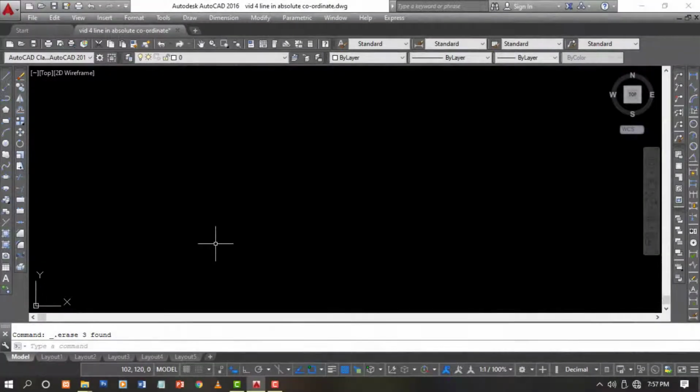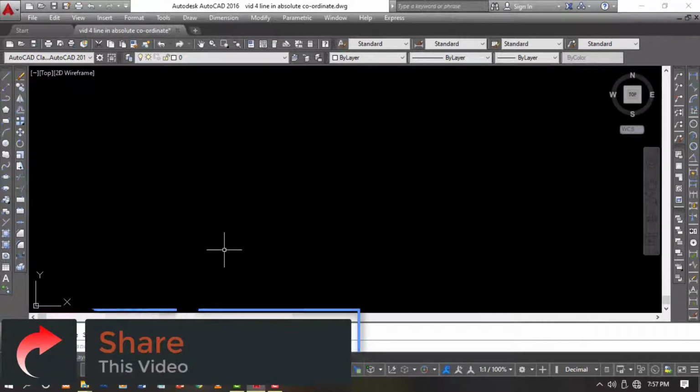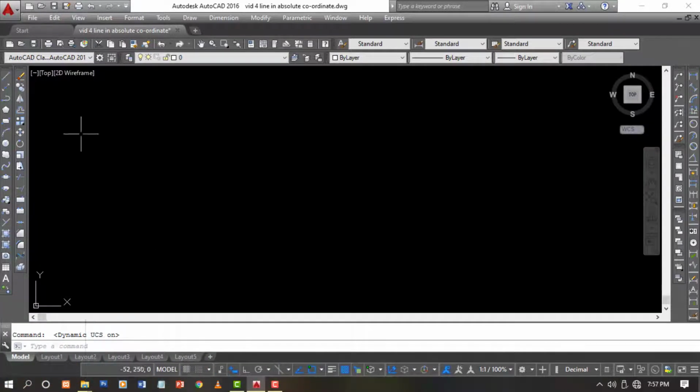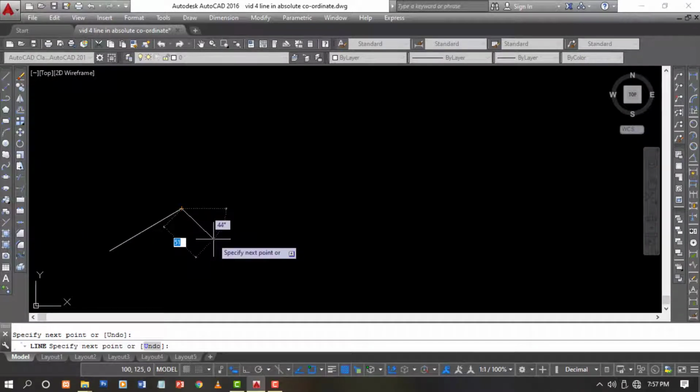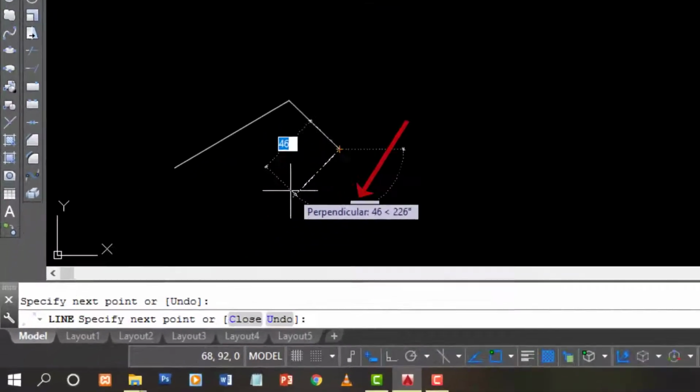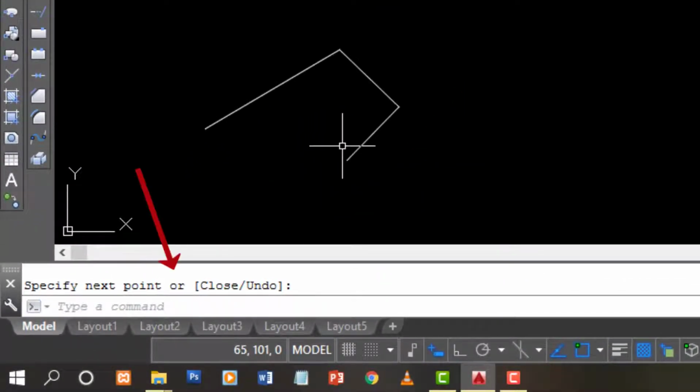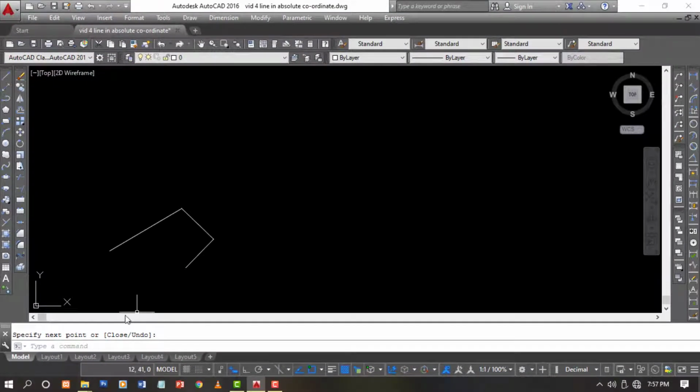Before we start the line command, let me clear up something from our previous video. I am talking about the dynamic UCS. Let me explain why it is not used so much. If we press the F6 key and turn on the dynamic UCS, then we can see the command instruction near the mouse cursor along with the command bar. See, when we take a command from any toolbar, we can see what to do in our next step near the cursor and also in the command box. And if we turn this off, those instructions are visible only in the command box. So let's turn it on and forget about this.